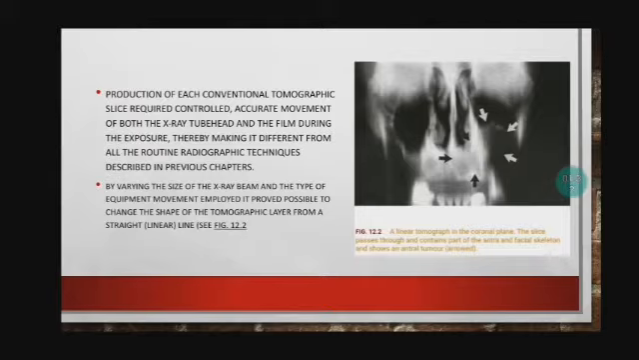By varying the size of the X-ray beam and the type of equipment movement employed, it proved possible to change the shape of the tomographic layer from a straight, linear line. As you can see here in figure 12.2, it is a linear tomograph in the coronal plane. The slice passes through and contains part of the antra and facial skeleton and shows an antral tumor